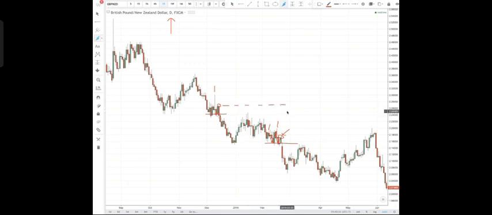Now you must be thinking, well, wait a minute, Naveen, then why do we need a line at the breach as well? Because the breach is very psychological. That breach is so psychological, people will remember that. Now, why do people remember this area here? Let me explain something to you.